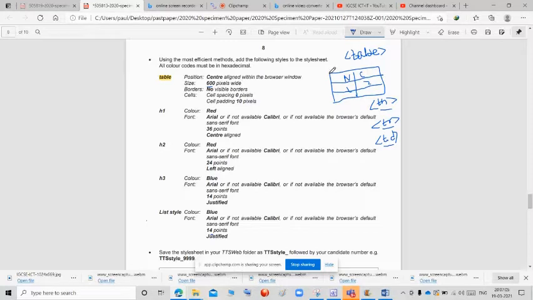If you give margin left 0 and margin right auto, it will be in the left corner. If you give margin left auto and margin right 0 pixel, it will be in the right corner, but in the question paper they are giving center align. So we want to give margin left auto and margin right auto.